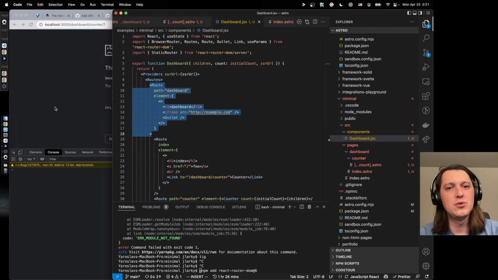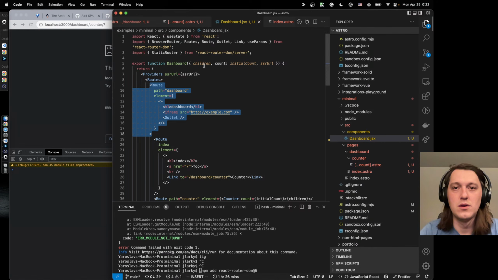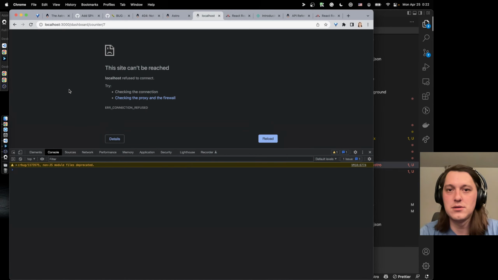If I really do have a way to know all the paths that I'm going to go, that's the example that we were looking at with Pokemons. There's a list of Pokemons, so we can pre-render everything, even though we use React Router. And I think if you pre-render, yeah, so let's check it. So if I go to count,